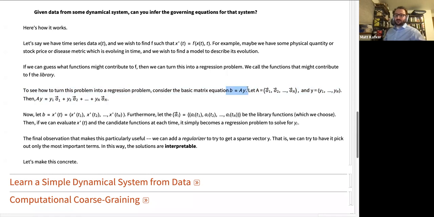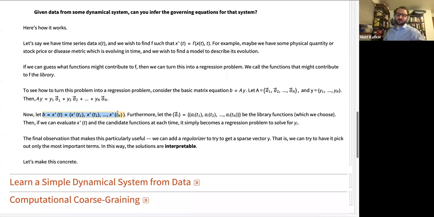So let's take a look at some matrix equation, AY equals B. We can always represent a matrix A as just its column vectors here, and Y is just going to be some list of numbers here. If we do the matrix vector product, we're going to get this expression here. So this is going to be a linear combination of the columns of A. And we don't know Y. The idea is that we do know B and we do know A, and we're going to choose Y in a clever way to accomplish this task.